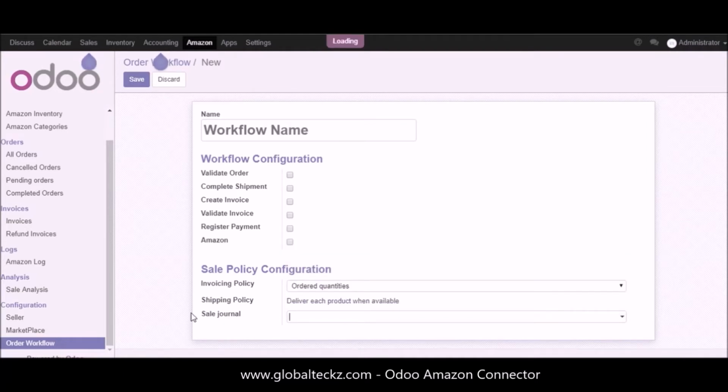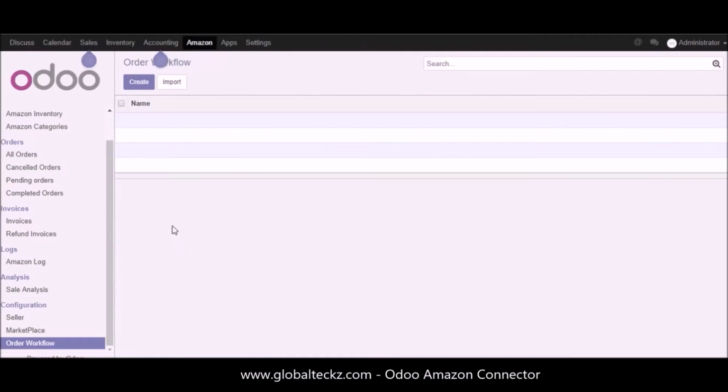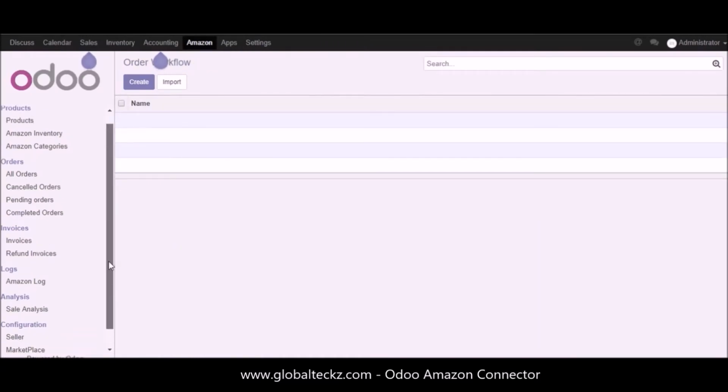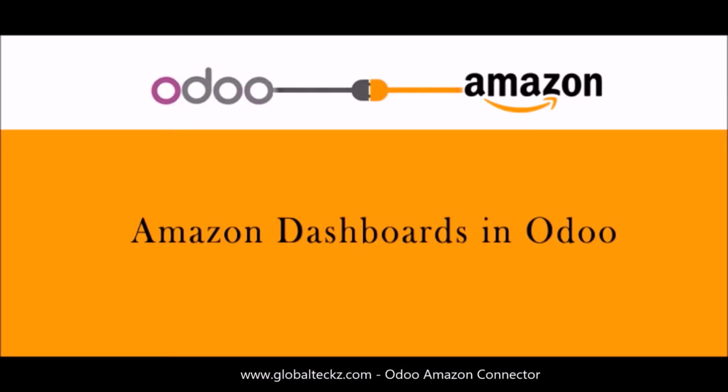Then the sales journal. So based on your requirement, you can select the workflow configuration and sale policy, and you can create your own order workflow. There can be a single order workflow, there can be multiple order workflows based on your requirements. So let me just discard this, and now we'll move to the next part, which is the dashboard part,